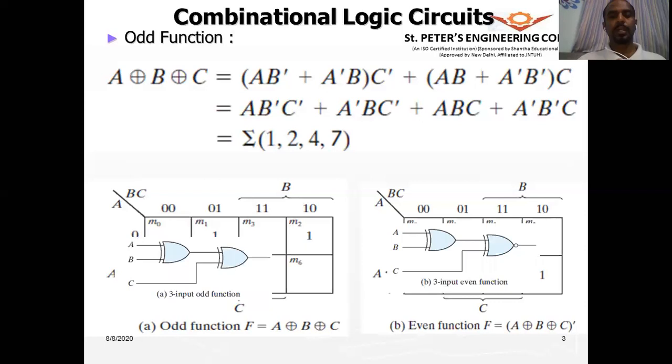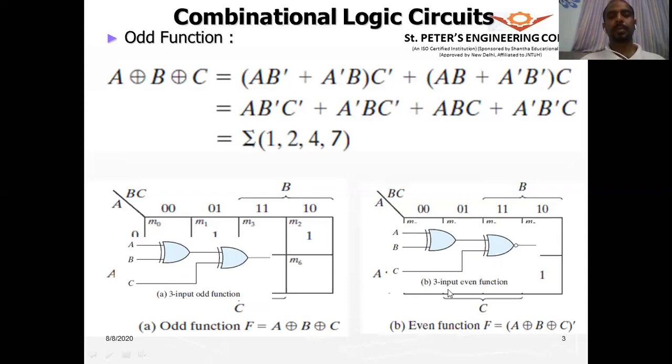So we have seen that it can be used as an odd function. If you want to realize a three input odd function directly using XOR gates, this is the XOR gate, which has two inputs.